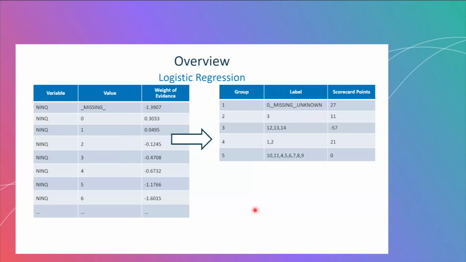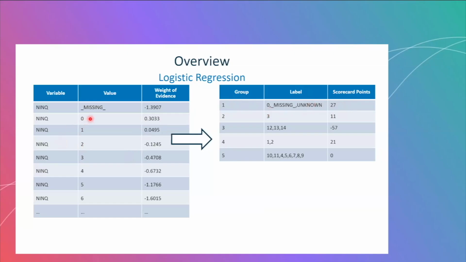Now here, if you see the inquiries, for 0 inquiries the weight of evidence is a high value. And if you see, which translates into scorecard points, this is the highest points. So for missing value or 0 value or unknown value,